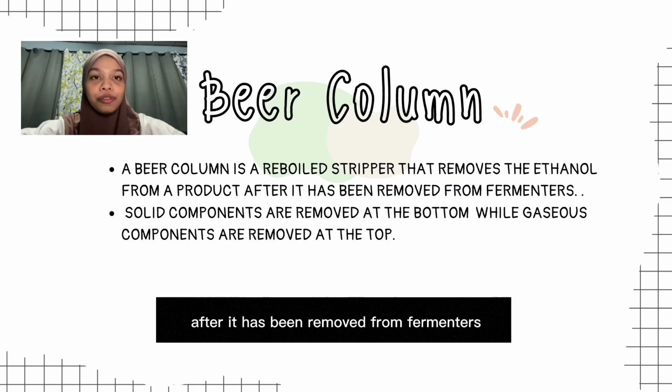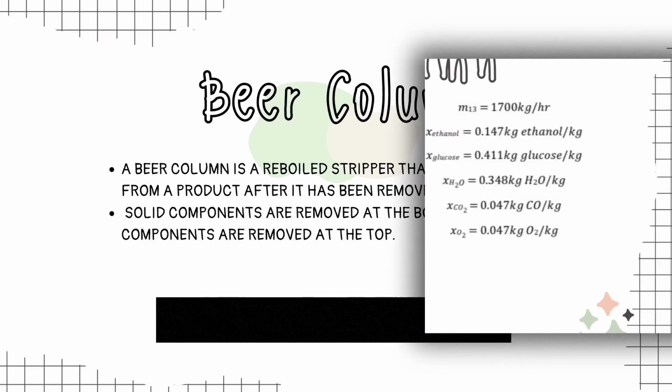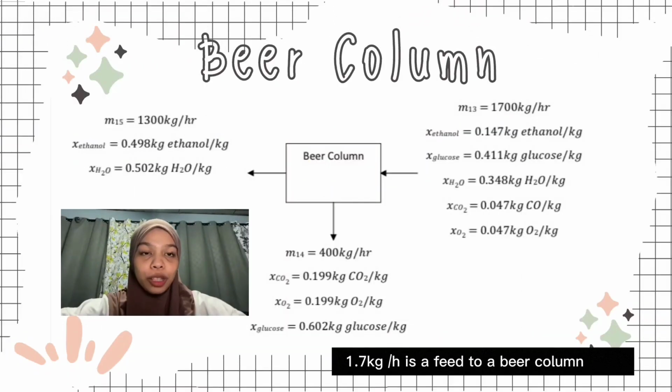Trays for this tower must be plug resistant because it can be very fouling. 1.7 kg per hour is a feed to a beer column that contains 0.147 kg of ethanol, 0.411 kg of glucose, 0.348 kg of H2O, 0.047 kg of CO2, and 0.047 kg of O2 to produce the output, which is